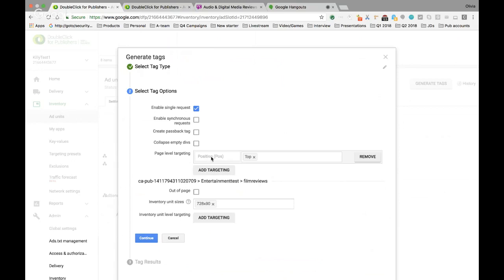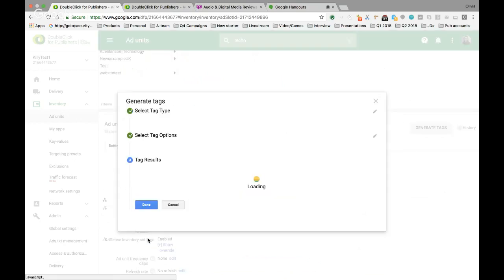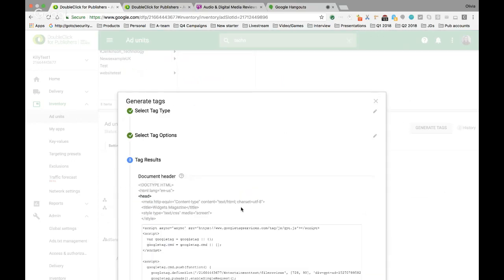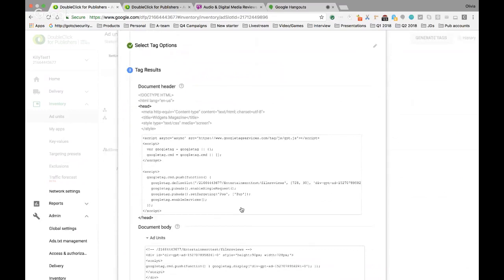So this might be a really good example where we can input our key value. As you can see, we already have one position pre-populated, and we've selected top. This is a really good idea because we're actually targeting a 728 by 90 here. So then if we were to press continue, for example, the big difference between AdSense and DFP is that AdSense